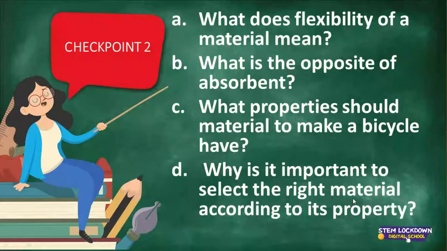Now we come to the tire, the wheel. On the wheel, we have that soft part of rubber. Now, let's check on the bicycle. Should it be soft or hard? Should it be strong or weak? Should it be flexible or stiff? Heavy or light? Waterproof or absorbent? You can see that on the bicycle,